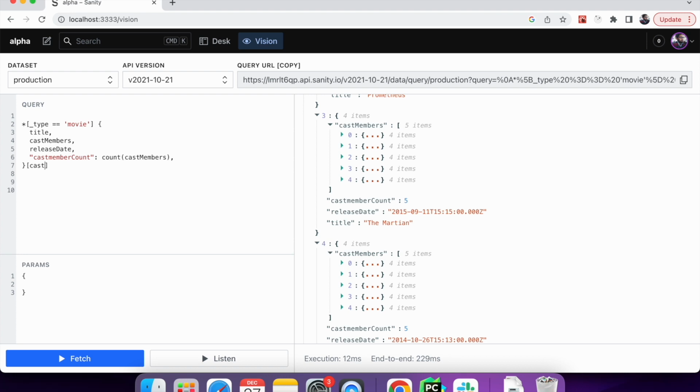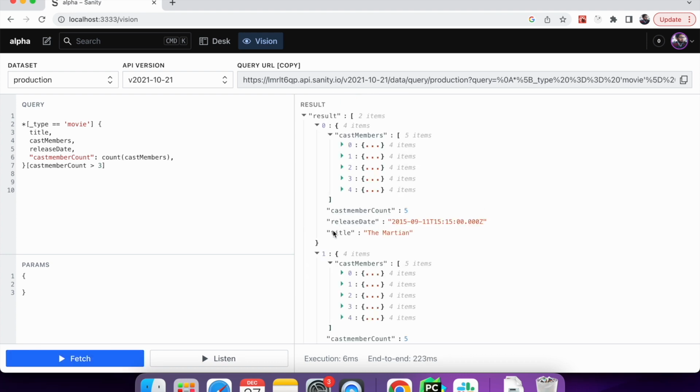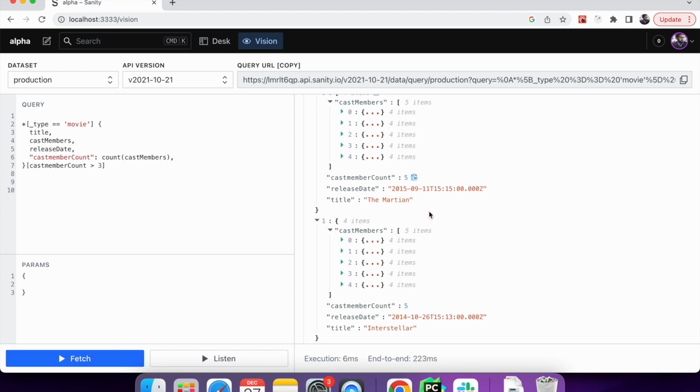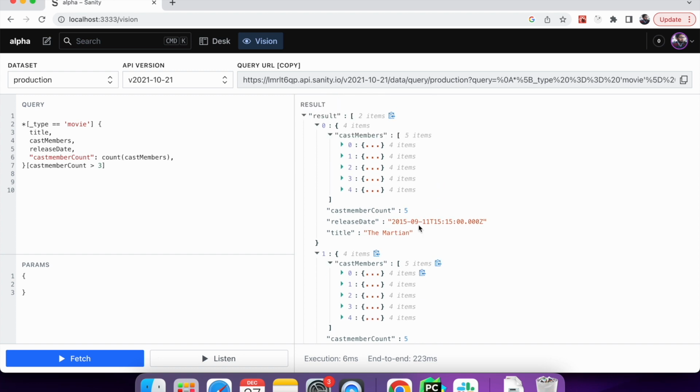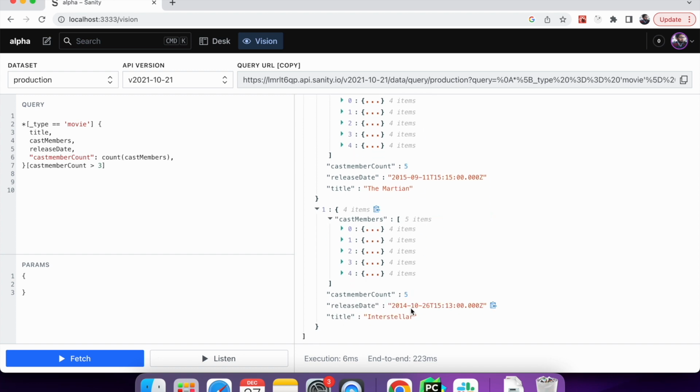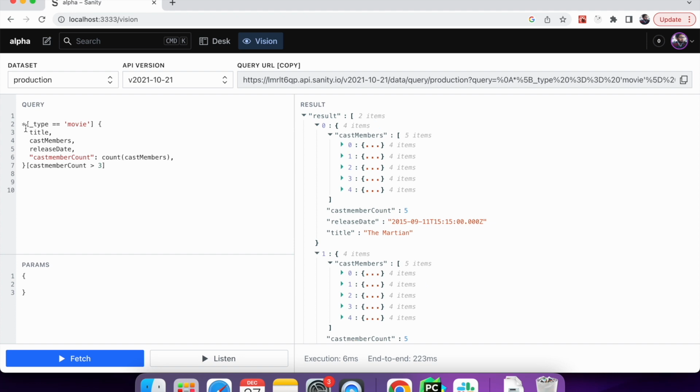We don't want to see the movie which has a cast with less than 3. So let's say cast member count greater than 3. So this is our filter. Now if we run it, you can see that the result only has the movies with cast member count of 5. So over here you can see we can apply filter at multiple stages, like at the beginning, because